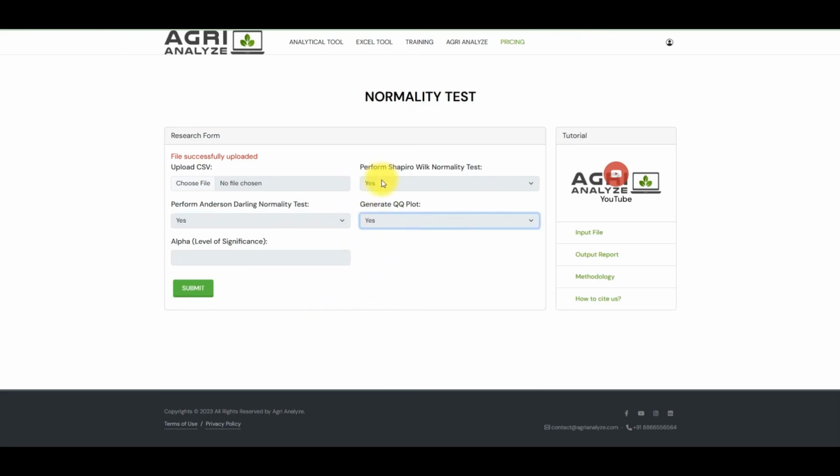You can add no also if you don't want any type of test, but at least one of these three should be yes. Then alpha. So alpha is the level of significance. If you want the interpretation to be written at 5% level of significance, then you need to write 0.05. If you want to write at 1% level, then you can write 0.01. Basically, all the auto interpretation will be written on the basis of the alpha that you are deciding now. Now click on submit,